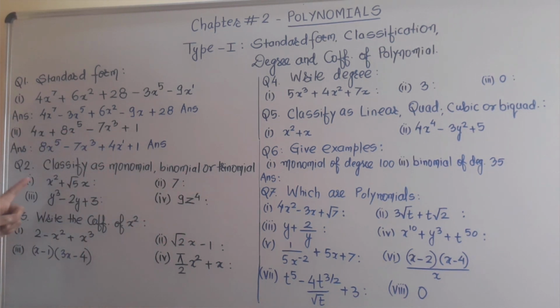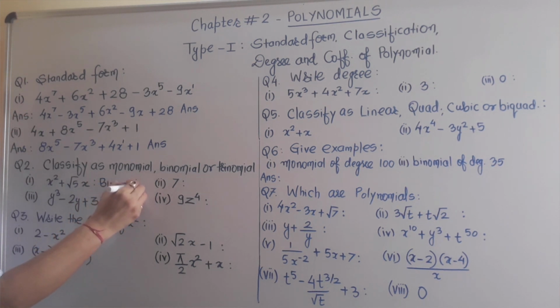So let us look at part number 1. How many terms can you count here? We can differentiate the number of terms by the sign, addition or subtraction, given between them. Before the addition, one term is given here, x square, and after the subtraction, one term is given here, root of 5 into x. Remember, the constant multiplied to the variable will not be called two separate terms. So root 5x is my second term and x square is my first term. So the answer will be binomial.